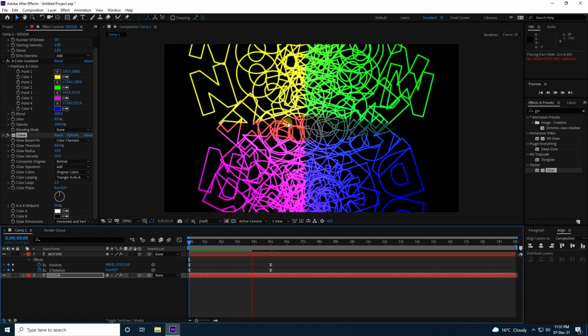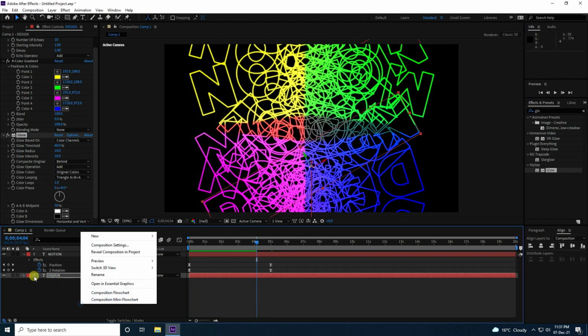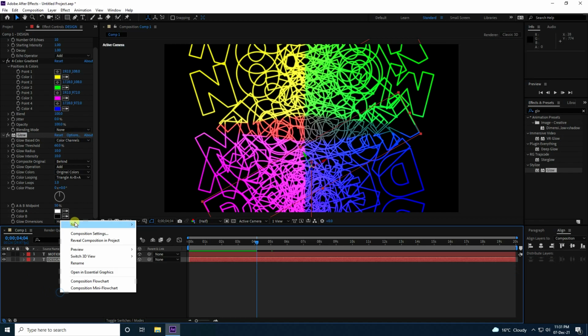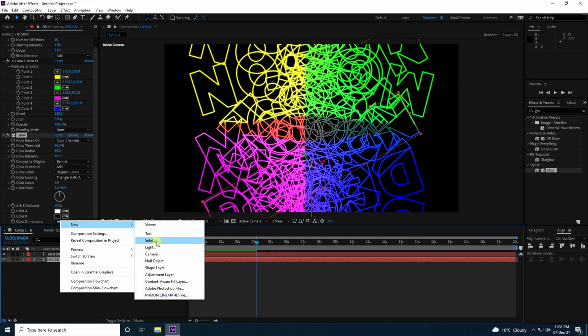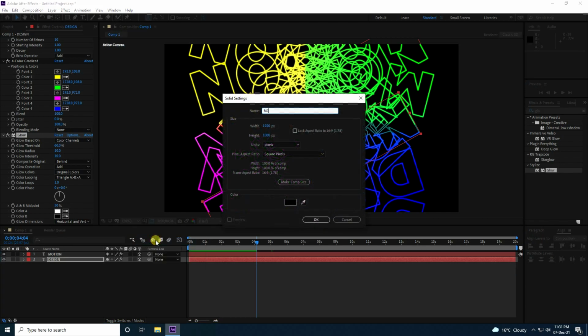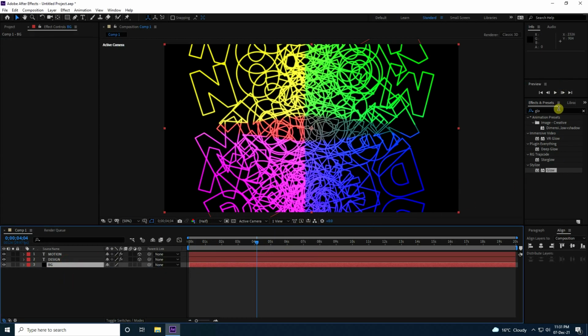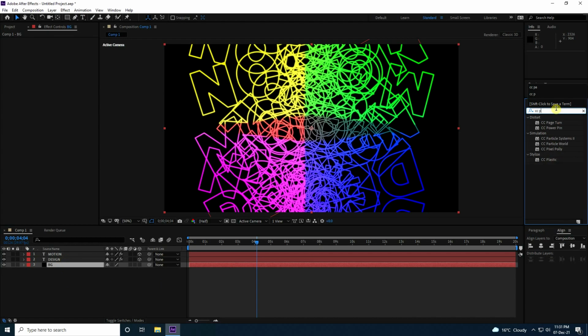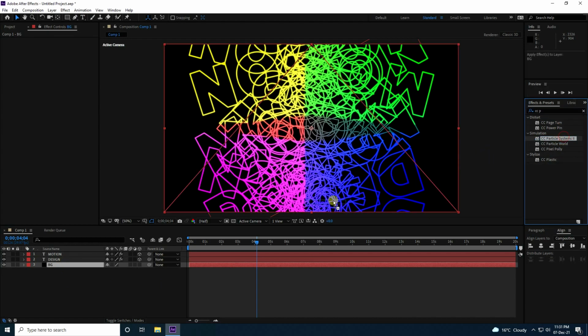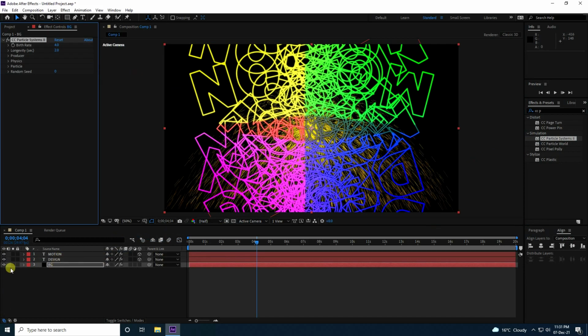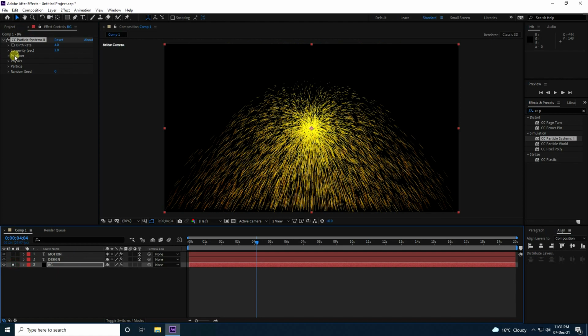Now I create the background effect. Unfold all, take a new solid layer, and that's my BG. Move the BG down and apply CC Particle System 2. Select it and apply it on the background. Click here.